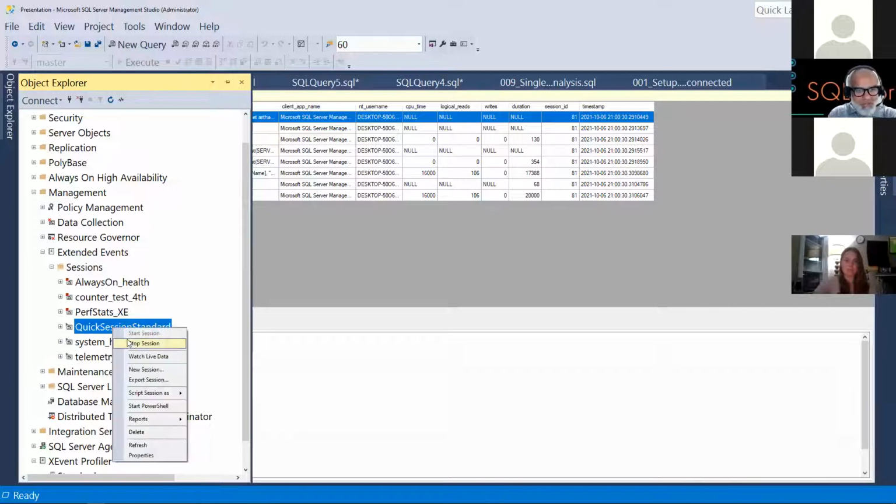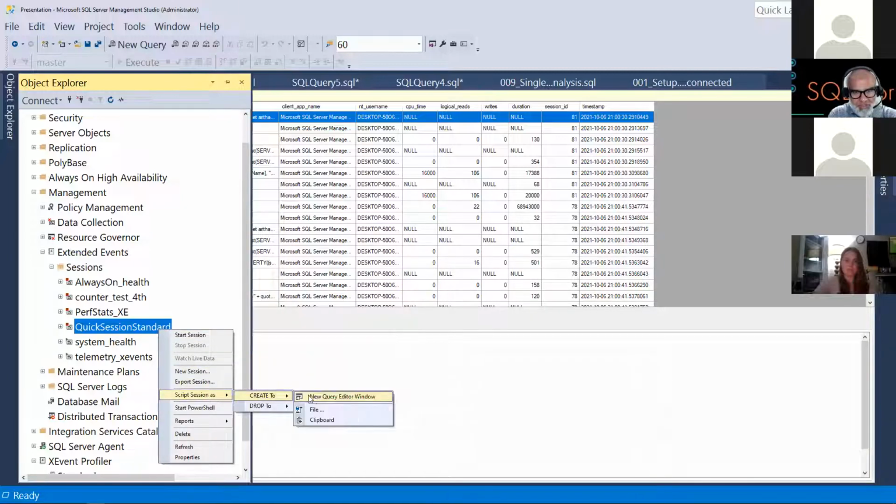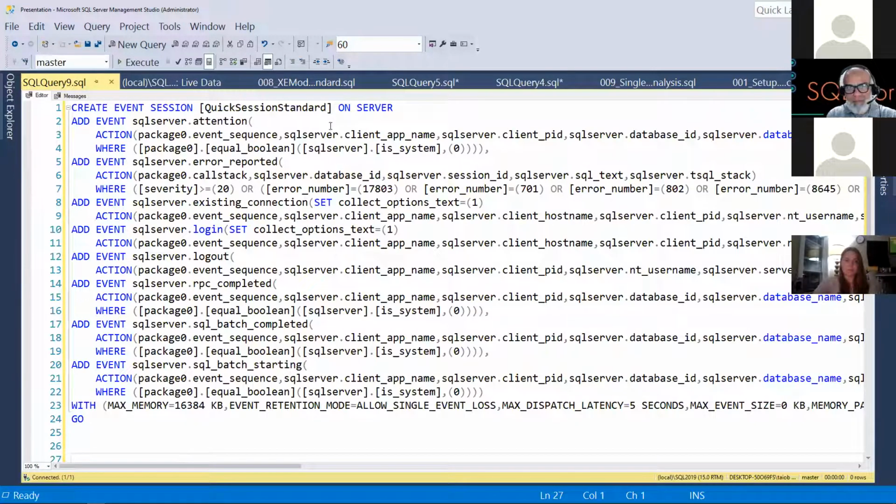So now what I can do, I can stop this. I can script this. And now this gives me a template of an extended event. And I can use this as my base and build on this, right? And add stuff or delete whatever I don't want. So what I did here,